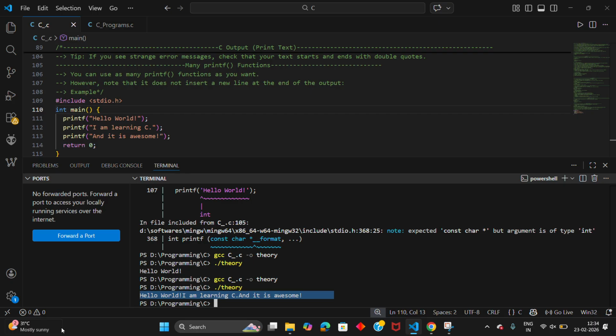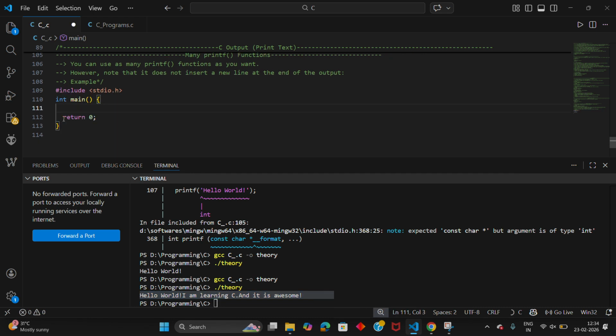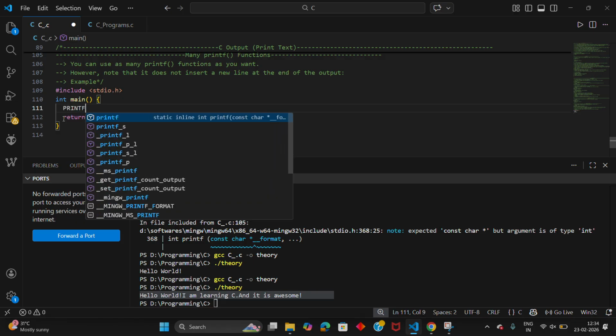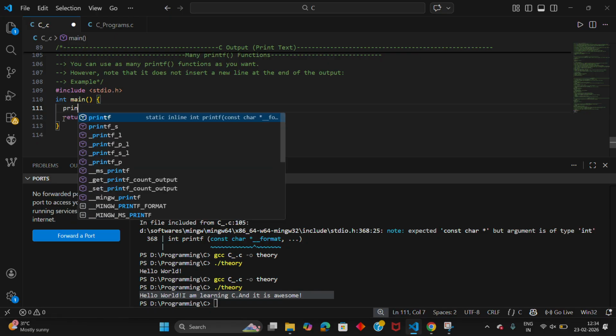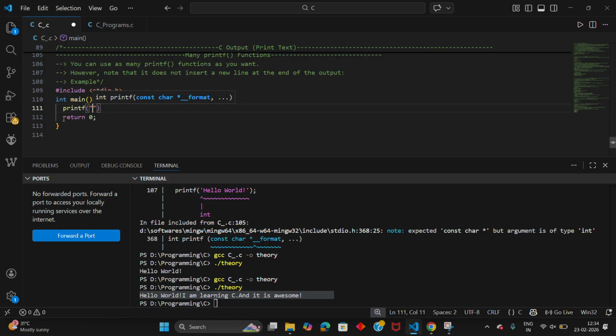It means printf by default doesn't add any new line character at the end. You need to remember this particular point. Printf in C doesn't add any new line character by default, okay. So for example, I am going to remove all these 3 printf statements. I'm going to use a single printf statement, hello world,